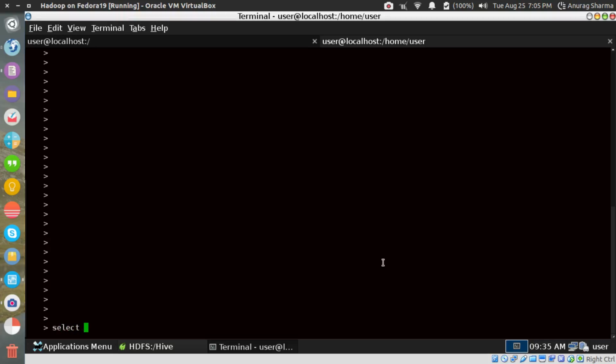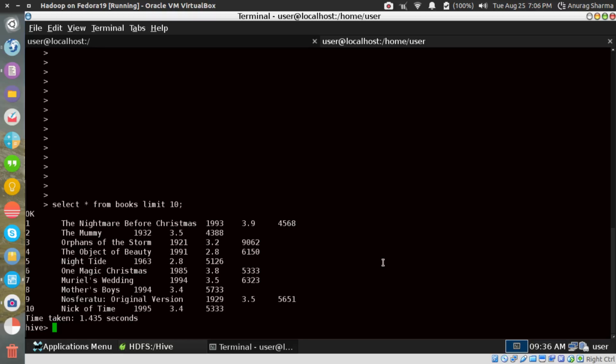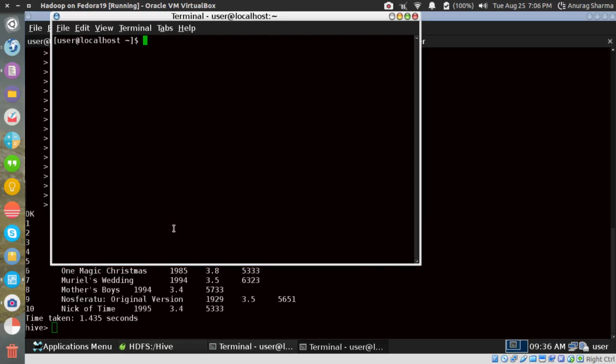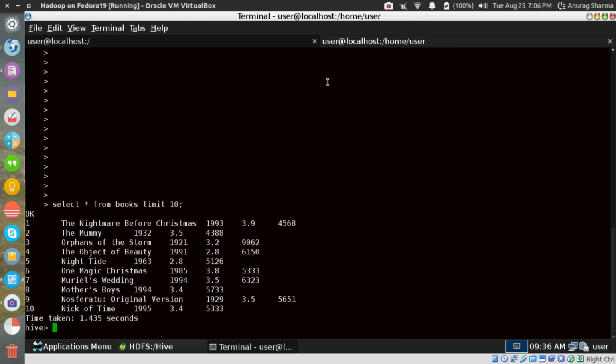Let's run the most basic query of all. Select star from books, which is the name of the table, limit 10. There you go. It's as simple as that.